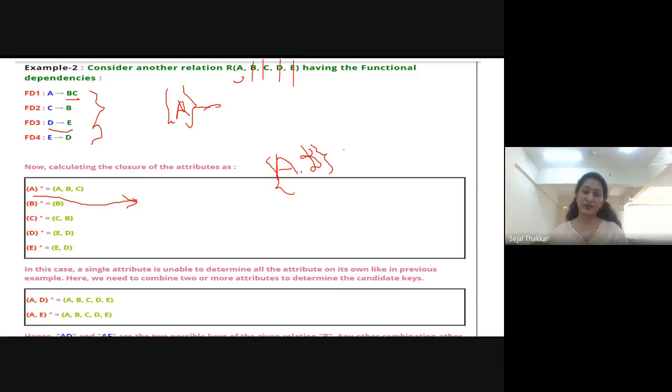The first combination we have to take is A comma D. So A will come, B and C will come from the closure of A, and from the closure of D, D itself will come and D determines E. So D and E will come. So we are getting A, B, C, D and E, all the attributes of this relation, from this combination.